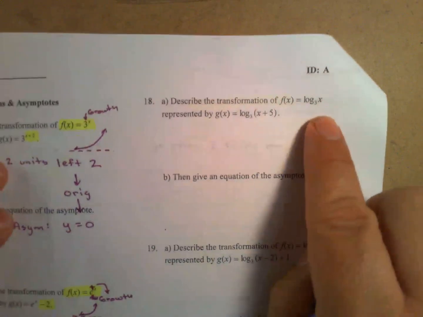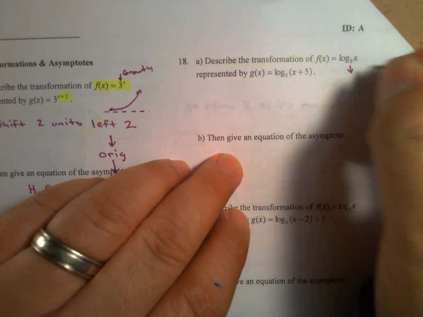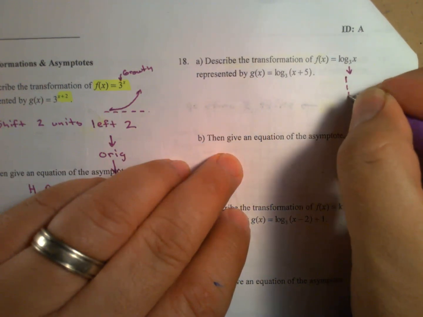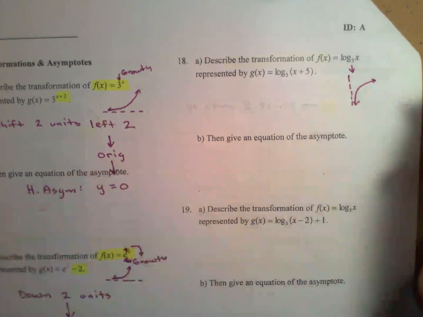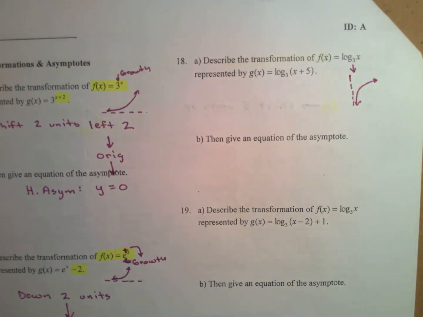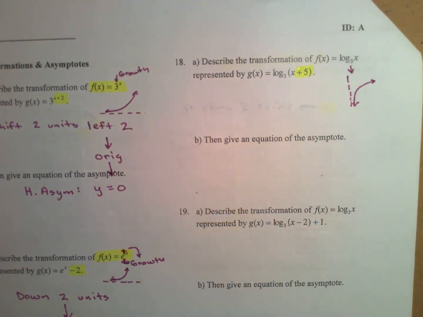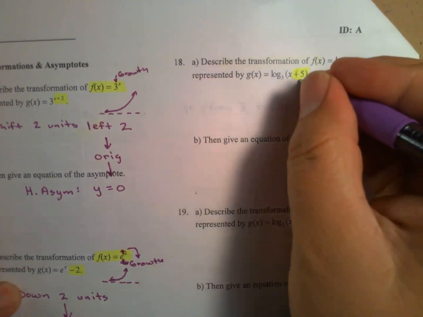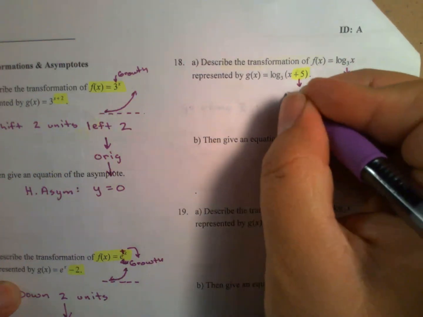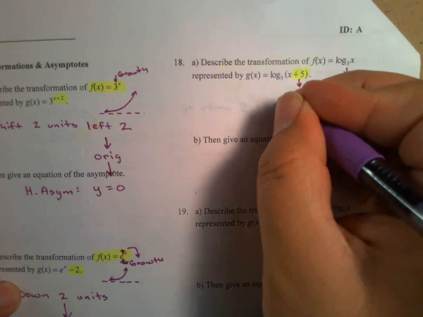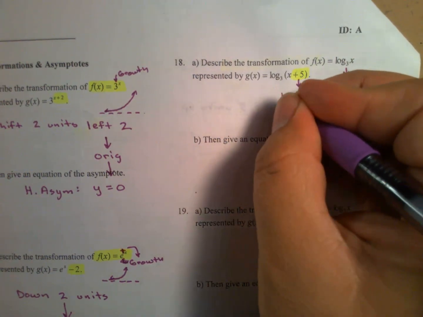All right, so here we go again. So here I have a log. I see the 3. So yes, we know it's going to be like this. And it's a 3, so it's going to be growth. All right, so that's what I'm looking at. But this time, look at where they put the 5. The 5 is located inside the parentheses. So because it's inside the parentheses, that just means one thing. Being inside, I am thinking opposite. So I'm going to basically go left